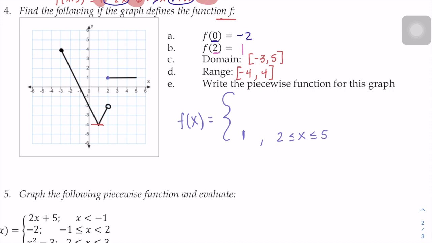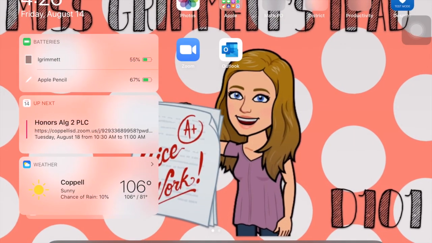You can write it as a set notation. We're going to stick with inequality until maybe a little bit later if we ever decide we think that set notation is just better. But you're going to use those inequality notation, and because of those closed circles or our assumed closed circles on that line, we've got to include our equal to sign. Now the next part, this is actually an absolute value graph, okay? Absolute value graph, if you guys remember, is basically me including a negative slope line and a positive slope line all in one. So if I move over to Desmos here real quick, let me open up my Desmos,